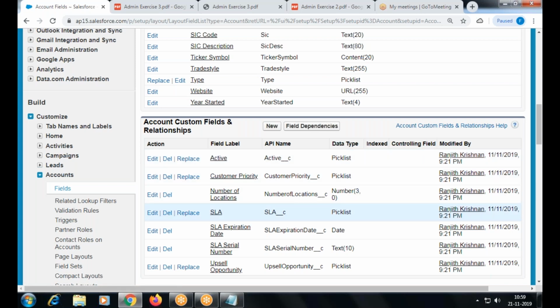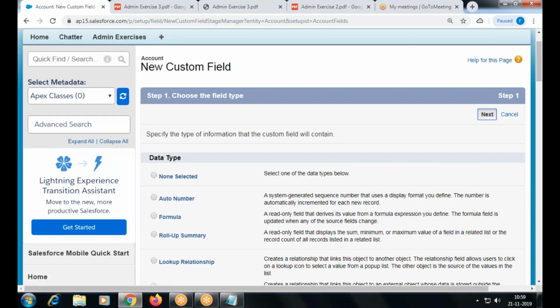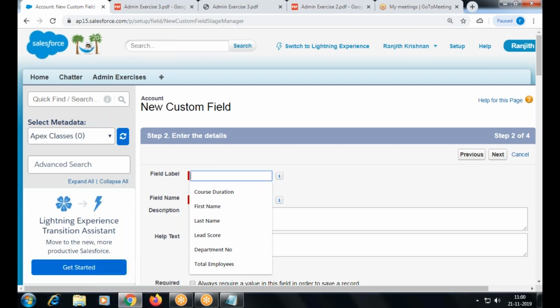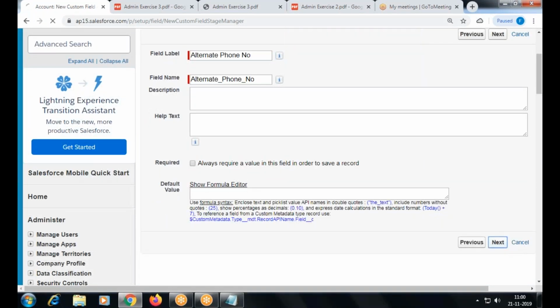These fields are automatically created for reference purposes. When you register a developer edition, they are created for you, under your ownership. But I can create any additional field here. The same process. Okay, how did you create a custom field for your custom objects? The same process. Suppose I'd like to add a phone field, phone type, say alternate phone number. Okay, next.